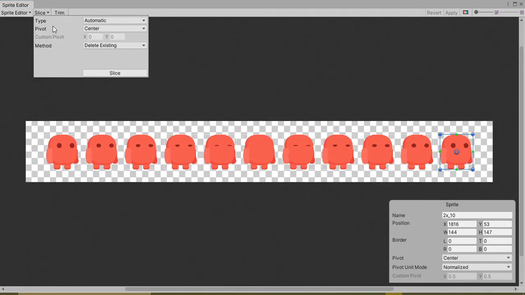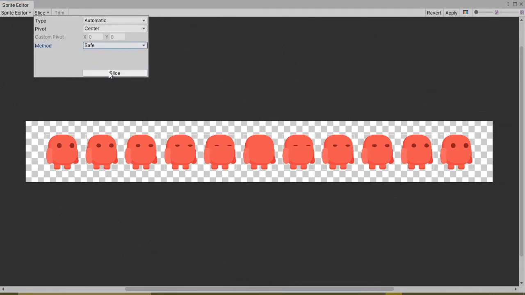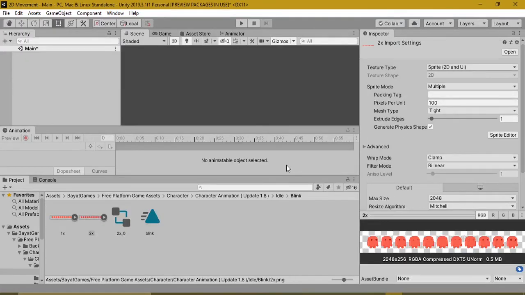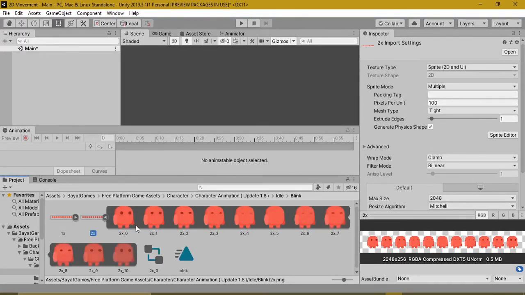So I'll just go and save and slice, and I'll apply. Now you'll see the sprite sheet, which was originally like this, has been sliced into individual sprites. I'll select them and animate them.